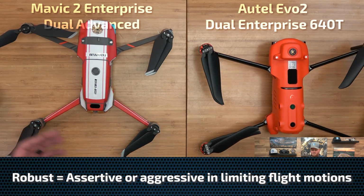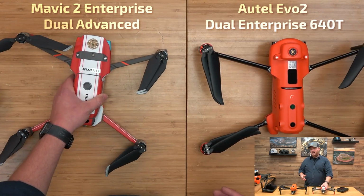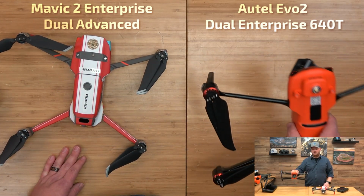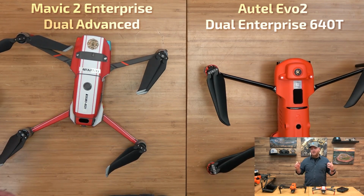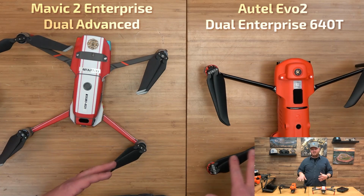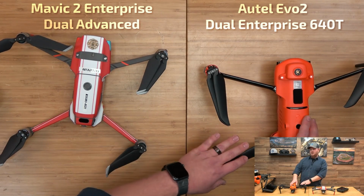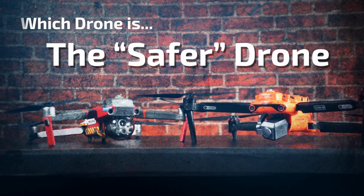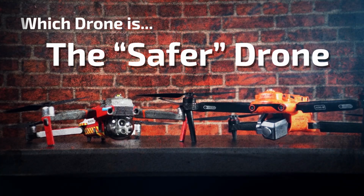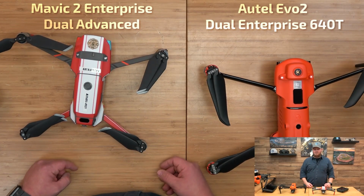I mean, when it comes to the two obstacle avoidances, this drone allows the pilot to have more control, whereas this drone, when the obstacle avoidance kicks in, it literally changes the gains and the sticks, and you can't move forward, backward, etc. Sometimes that can get you stuck, okay? Probably better for newer pilots, frankly. But when it comes to which drone is the safer drone, I would argue Mavic 2 Enterprise Dual Advanced is